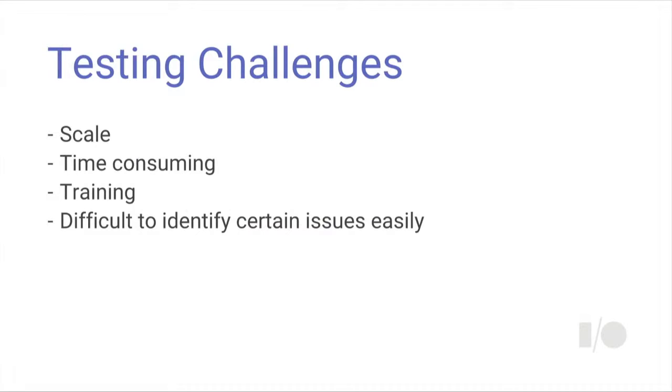Now, there are some challenges with this. It takes a lot of time to actually go through an app with each of these services, and scaling this across multiple applications can be a rather large endeavor. Understanding the user experience takes a lot of time, at least understanding what is expected of each of these accessibility services. Also, just eyeballing an application, it's sometimes difficult to assess some aspects of accessibility. It's difficult to sometimes say, oh yes, the contrast is too low here, or this touch target is slightly below the guideline. So what we wanted to do was build a set of tools that could make these tasks easier